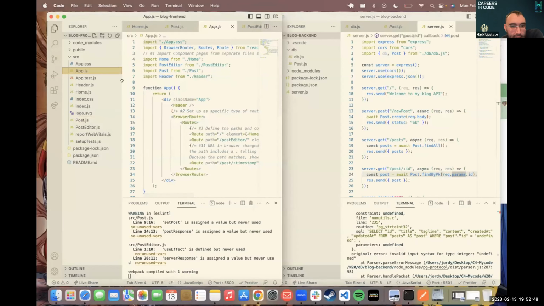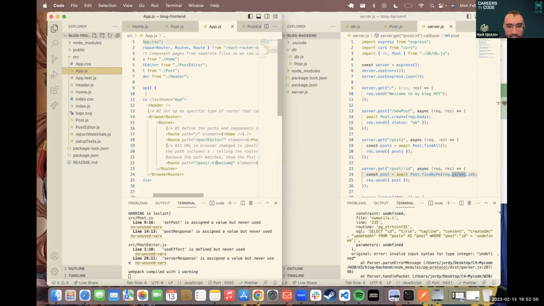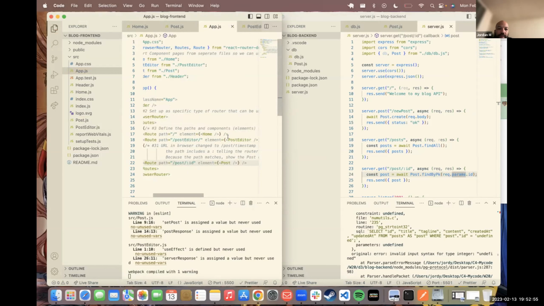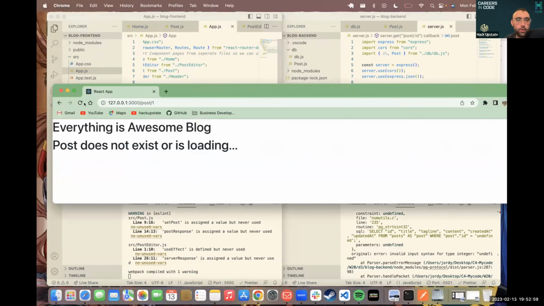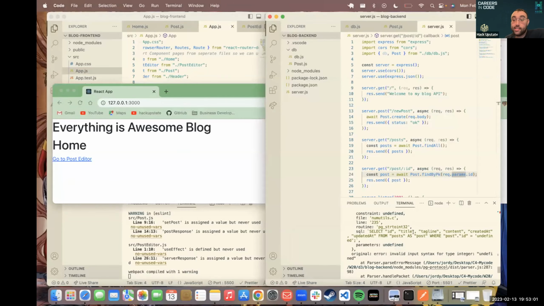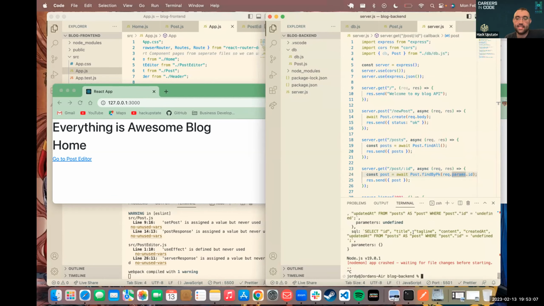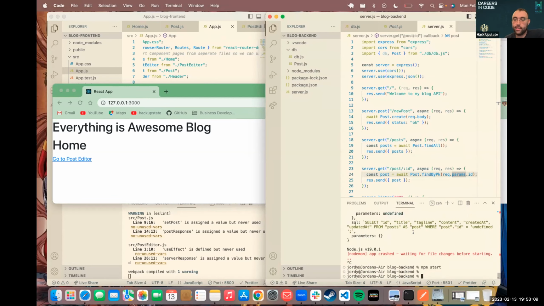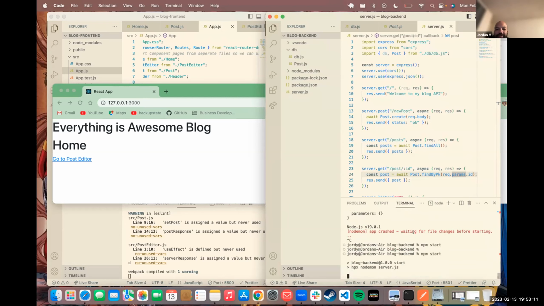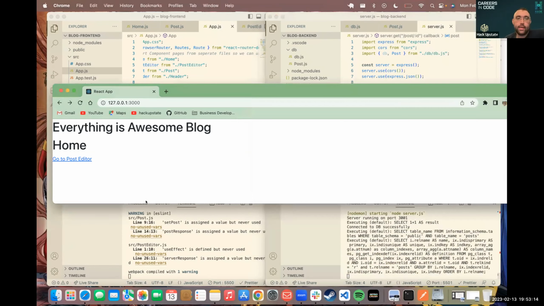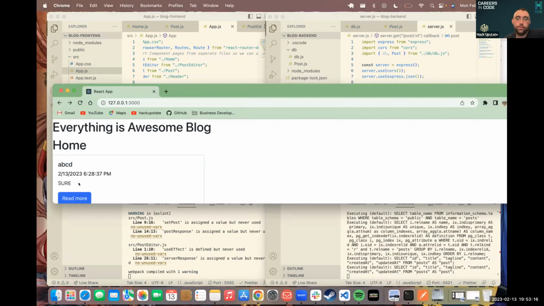our app.js is still using timestamp. Instead, it needs to be using the ID. So let's test that. We go back to the home page. Now our server still crashed because the server got something in it and it doesn't know what happened there. So we've got to hit Control C to stop it and up enter to restart it. Now we come over here, we refresh, we have our post,